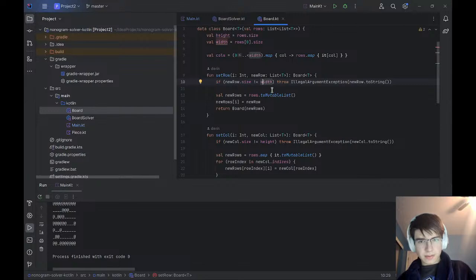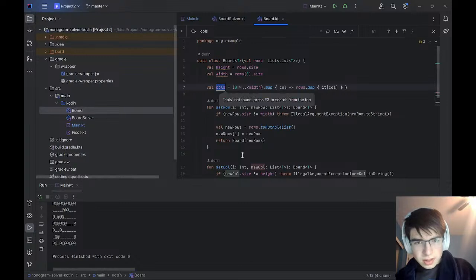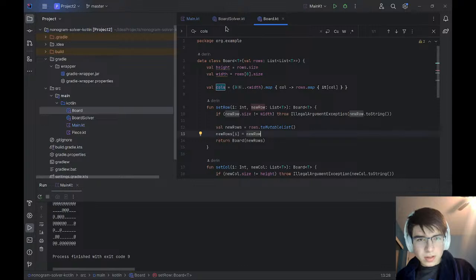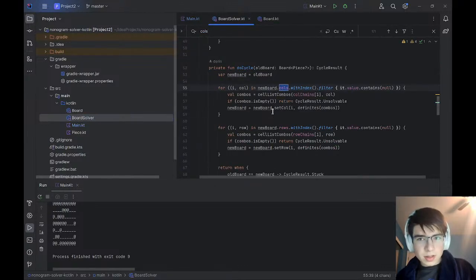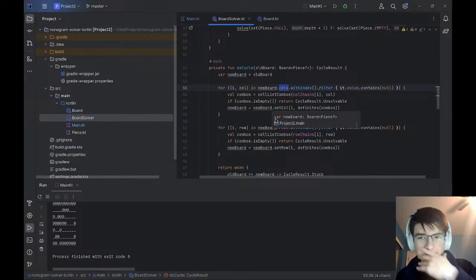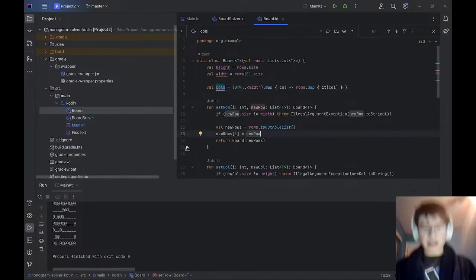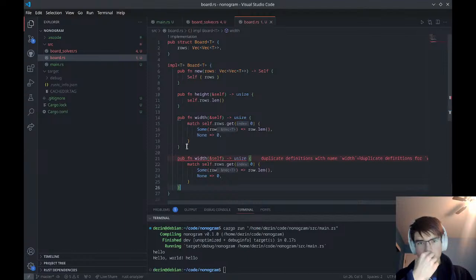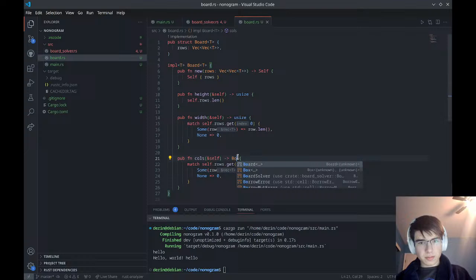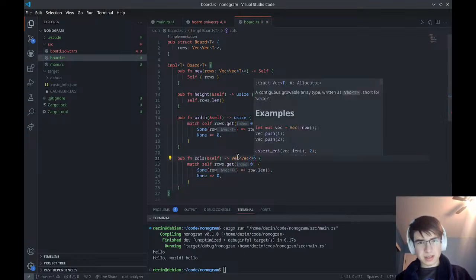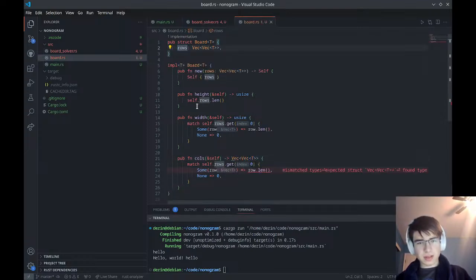Now we have, okay, column should absolutely be a getter. Do you ever need this really? Calls? Oh, I never actually use this. Or do I, from board solver maybe? No, that will be fairly useful to have. Alright, fine. So it'll return a new vector of T. And so it should return